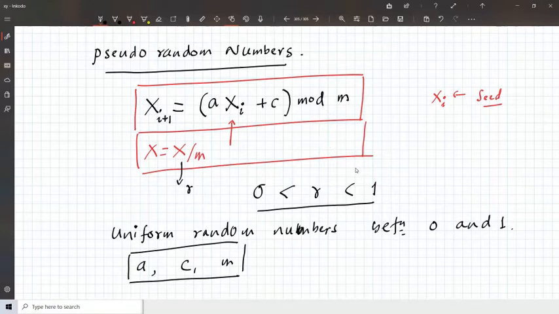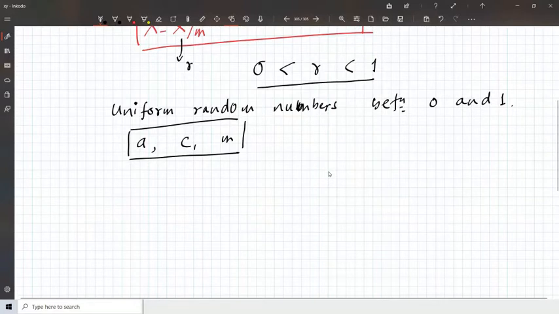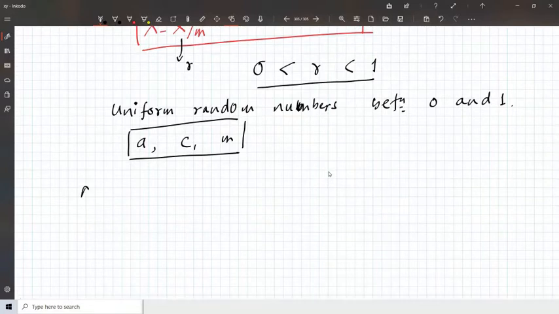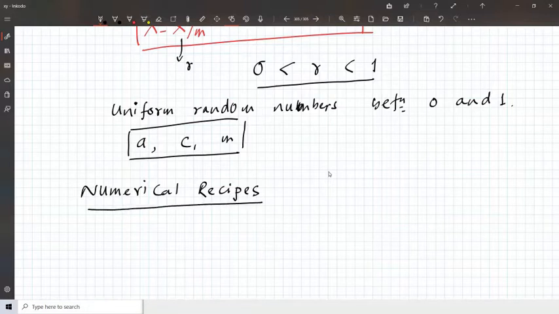There is a nice, good book called Numerical Recipes in Fortran and in C. If you are more interested in this, you can go through these chapters on random numbers and read the discussions about creating various kinds of random numbers.